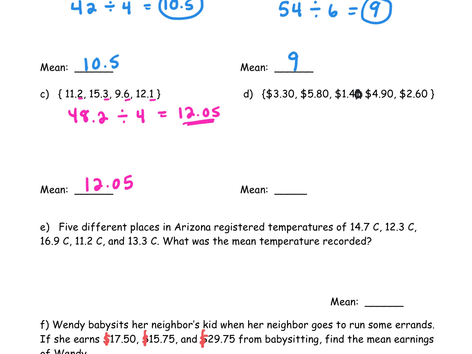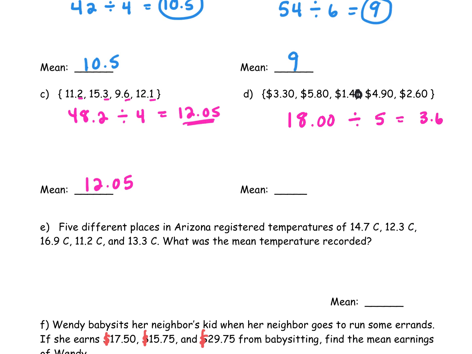For letter D, the sum is $18. Again, when we add, it's $18 even. We could, but we do not need to show the cents on that. You can if you wish. And we're going to divide that by 5. There are 5 numbers that we added together. And when we do that, we get